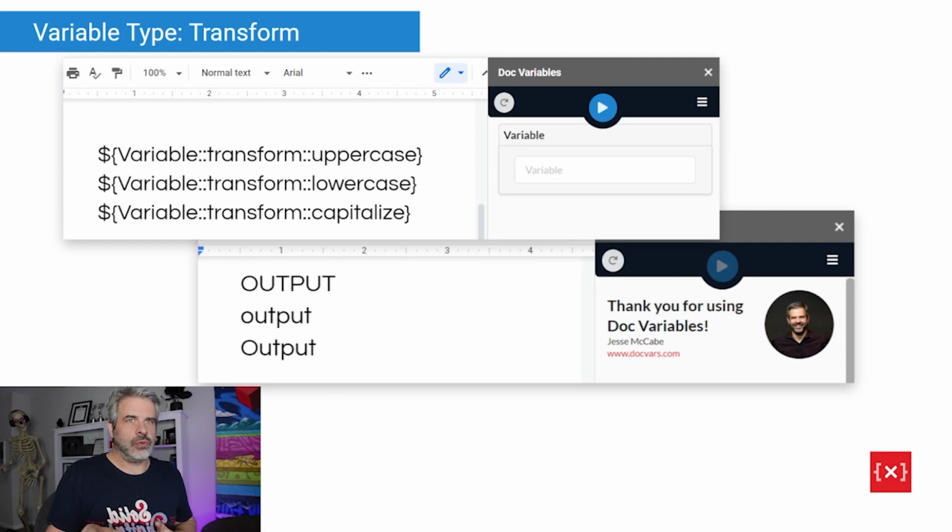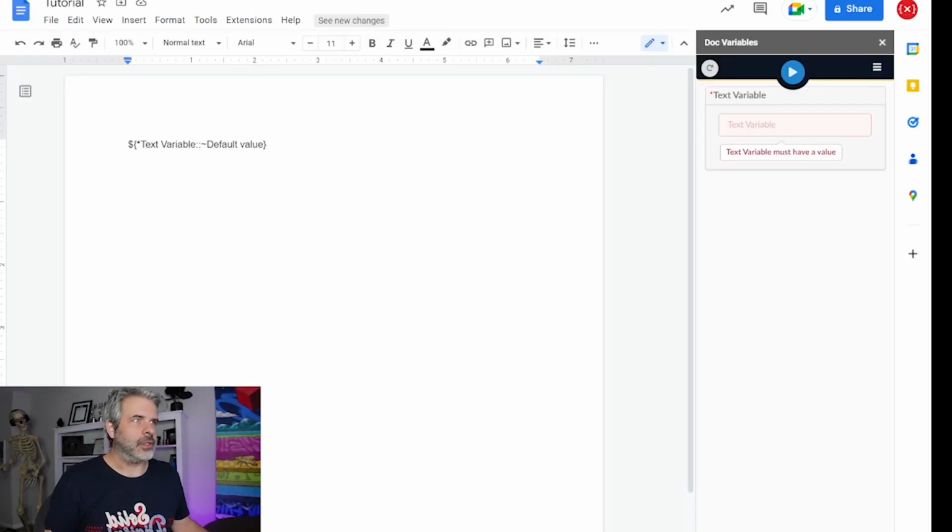One thing to note here. You cannot have, and I'm going to go back to my document here. If you're going to use transform, you have to use it throughout the entire document. So if I did this and then I did this,